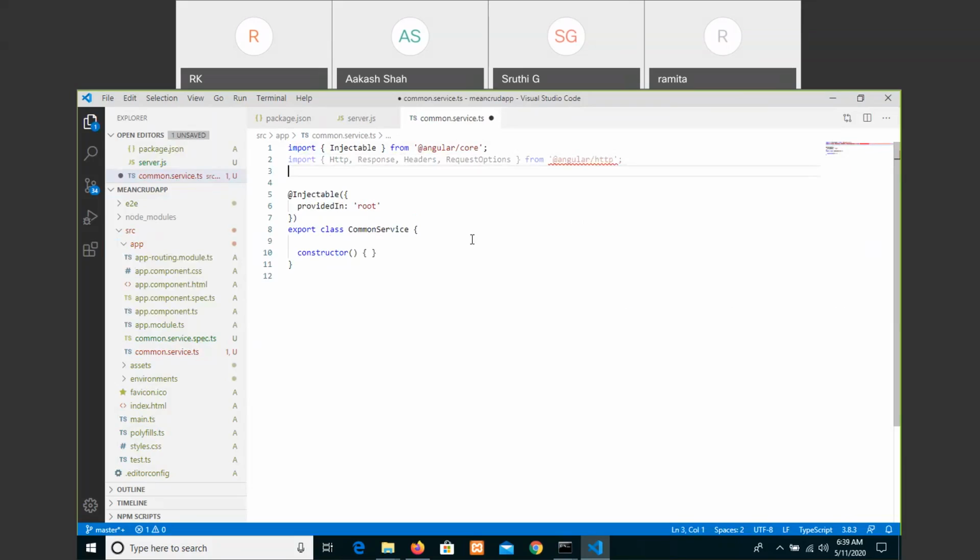This is totally an external thing that we have to insert. And then import Observable